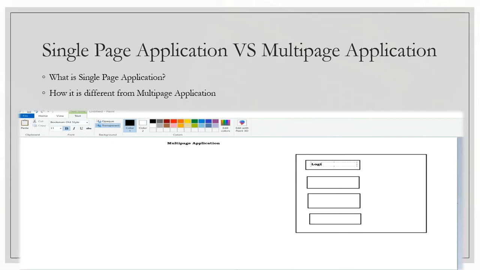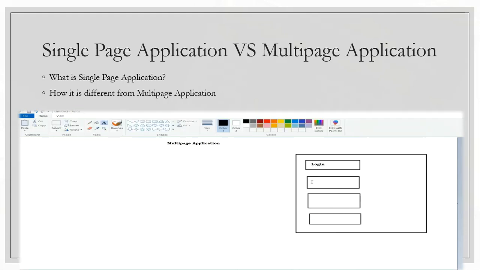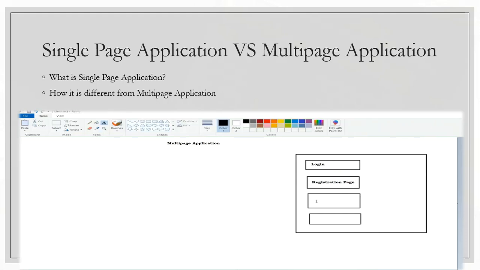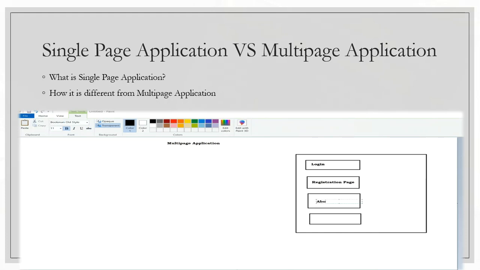This one is the login page, registration page, about page, and home page. So on the server we will have four pages.